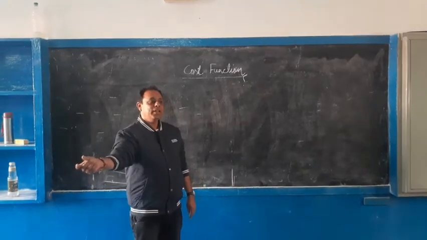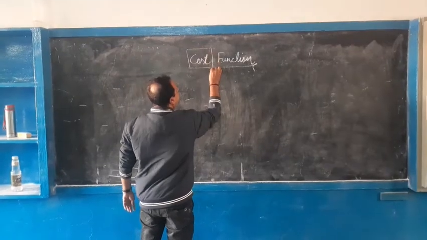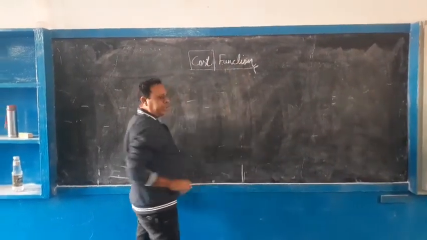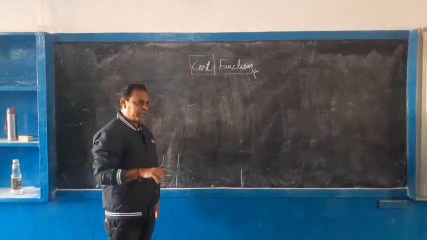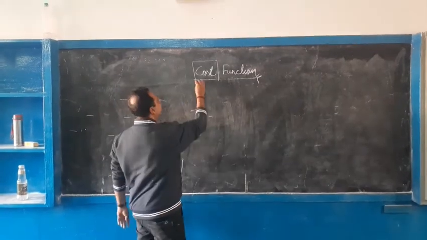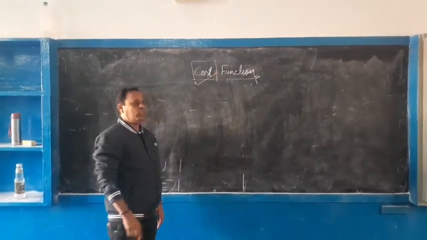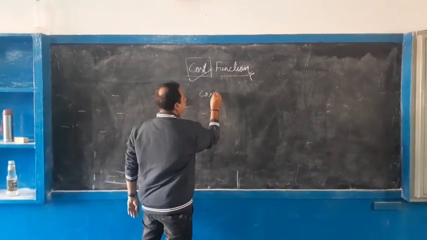Today we will study cost function. Cost function is the function or a system where we analyze the cost of production and hereafter including profit for revenue. So first we will study cost function and what is cost. There is a difference between cost and price. Let us understand that first.